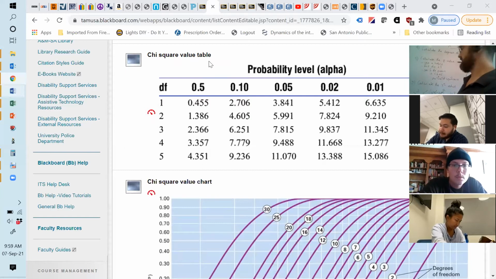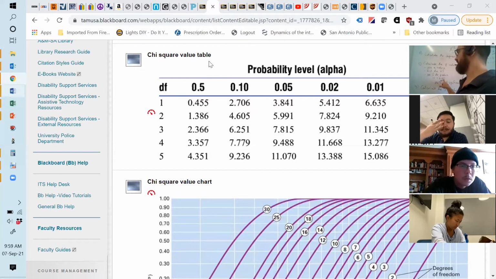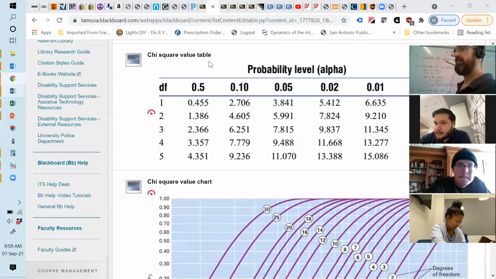Essentially, what this line is saying is that this is the probability of getting that result by chance. The probability is 1 in 20. Someone just decided that's where we're going to draw the line. So if the probability is less than that, say 1 in 100, it's significant. If it's higher than that, say 1 in 10, it's not.